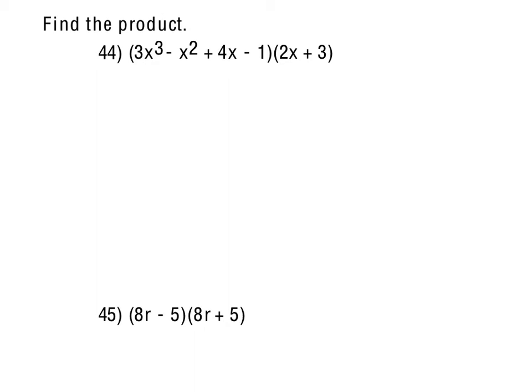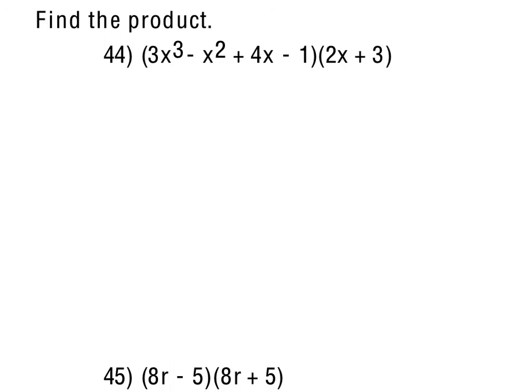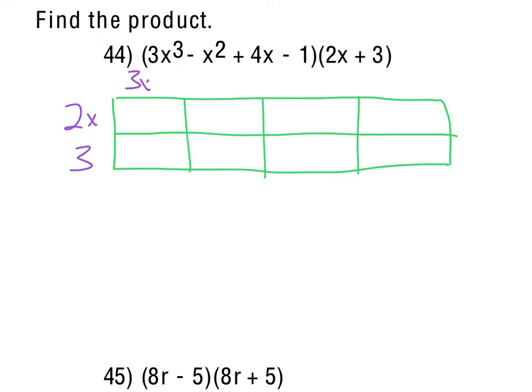So in 44 we are finding the product of these two polynomials. We've got one polynomial that has 4 terms and the other one has 2. So what I would do would be to set up kind of a short wide box here. 1, 2, 3 lines, break that up into 4, and then I can put the 2x plus the 3 here, and the 3x cubed minus x squared plus the 4x minus 1 there. And then we just go through and find our different products, and then once that's done we'll combine our like